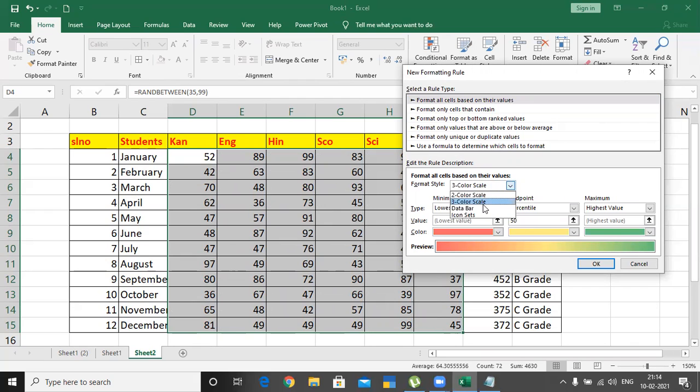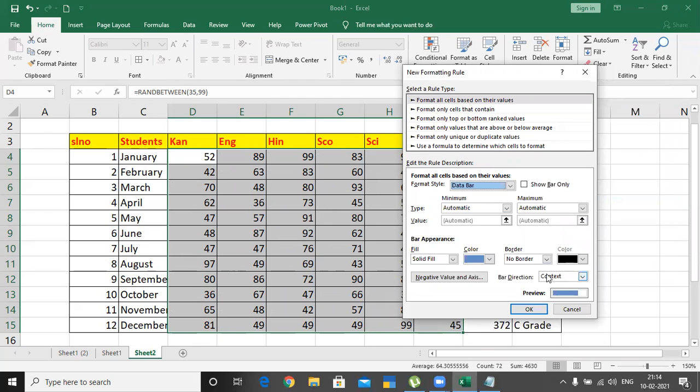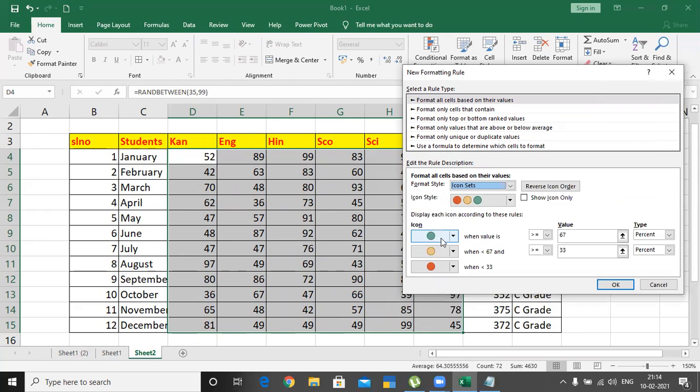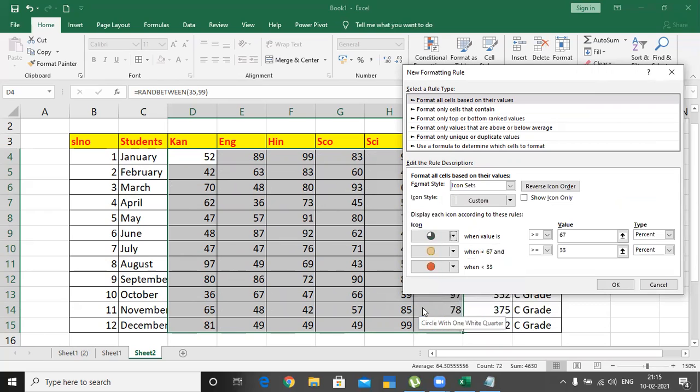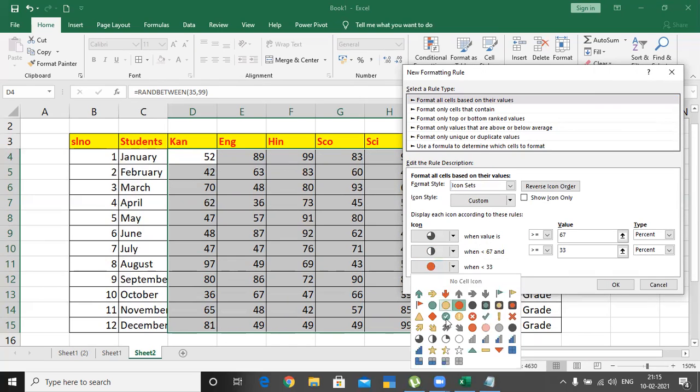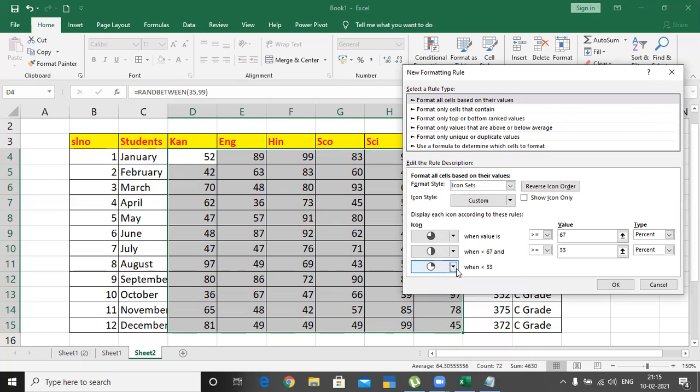And again, if I click here data bar, the data bar is showing. Again, if you're not liking the data bar, you can go for icon set. Okay, and set the icon as you wanted. For example, I'll be selecting this one, icon 75%, icon 50%, icon 25%.